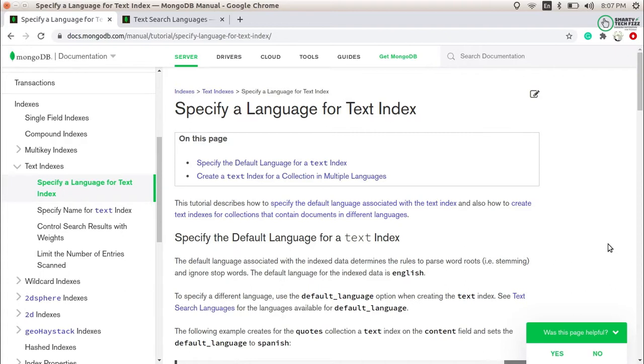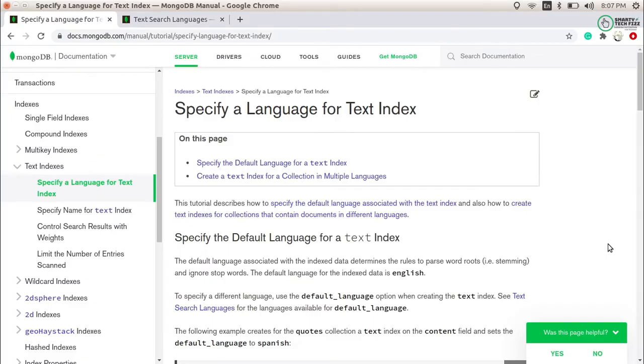The text indexes. So actually we are in a series for the text indexes. We have already created two parts of it where we understood what the behaviors and restrictions are, and in the next part we implemented all the behaviors and restrictions and saw how it has been created and how it works. But today we will see how we can specify a language for the text indexes. How you can provide the language specification to the text index and how it actually works in the background, we will see in this video. So let's get started.